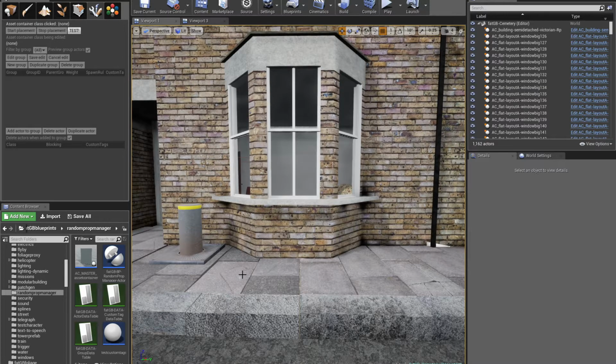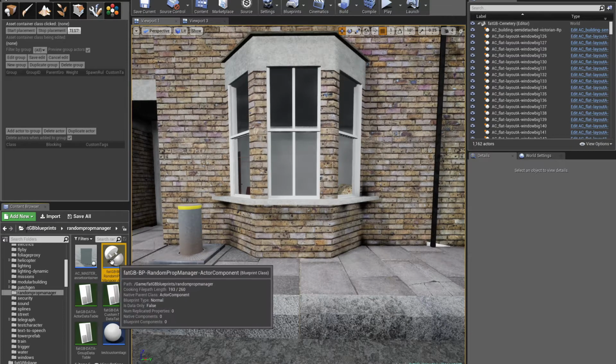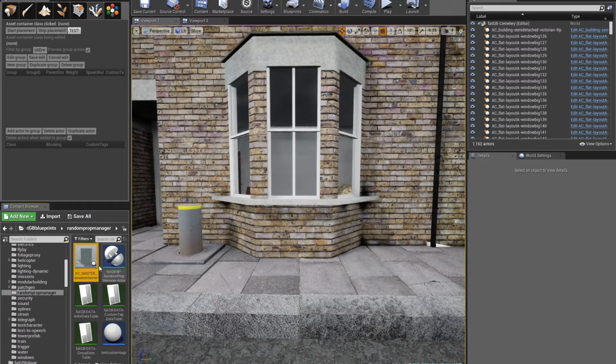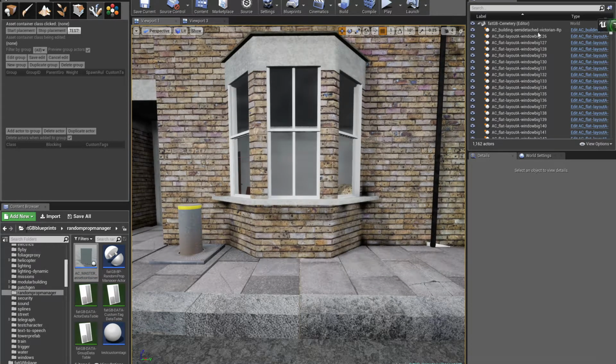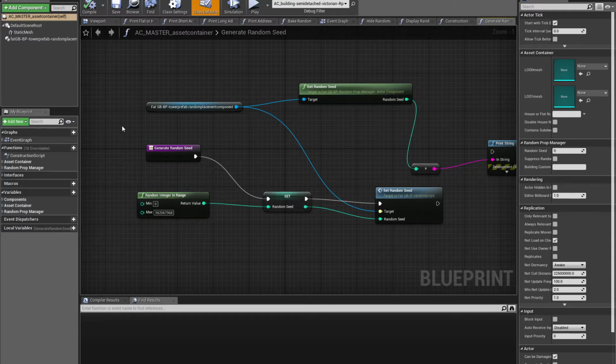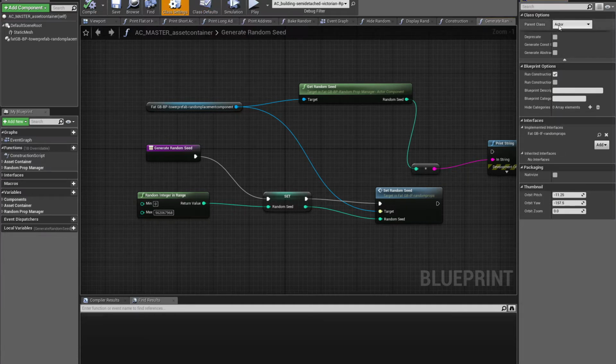So I've had to divide things in perhaps weird ways. So I've got two main things that are of interest. This is the way I've done it. Could be done better, probably another way. I have a blueprint class, which I call asset container, and this provides a bit of a front end to stuff, and it is an actor, and it has an interface, and I can't remember exactly why